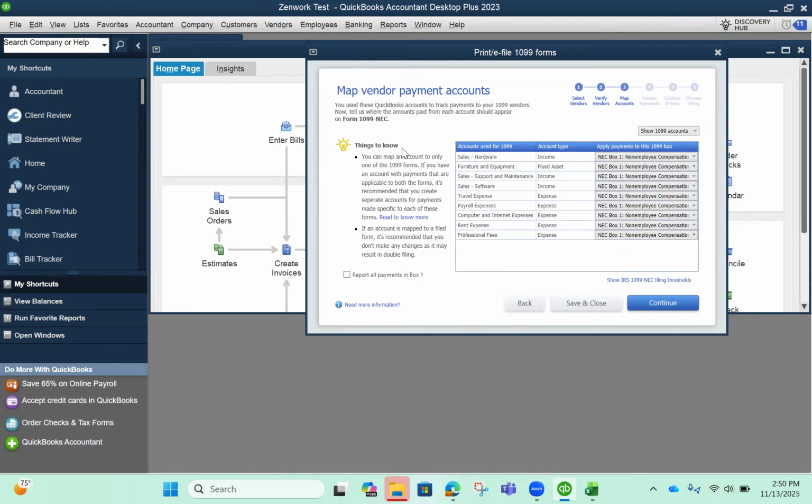This is where it will show you what accounts are used for 1099, the account type. So you do this in your mapping section inside the vendor part of it. You want to make sure that none of them say omit these payments from 1099 because it will not map. So if you see any omits, just hit the arrow, choose where you need the box to go. I chose NEC, so all of mine will be non-employee compensation. Once you have that done, click continue,